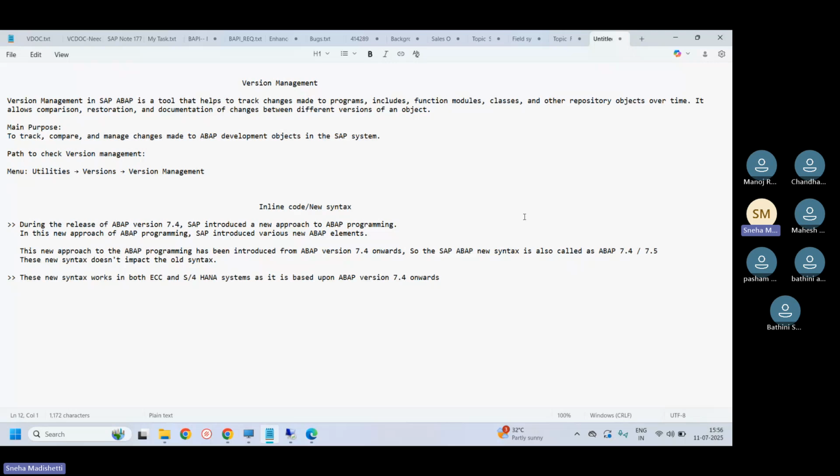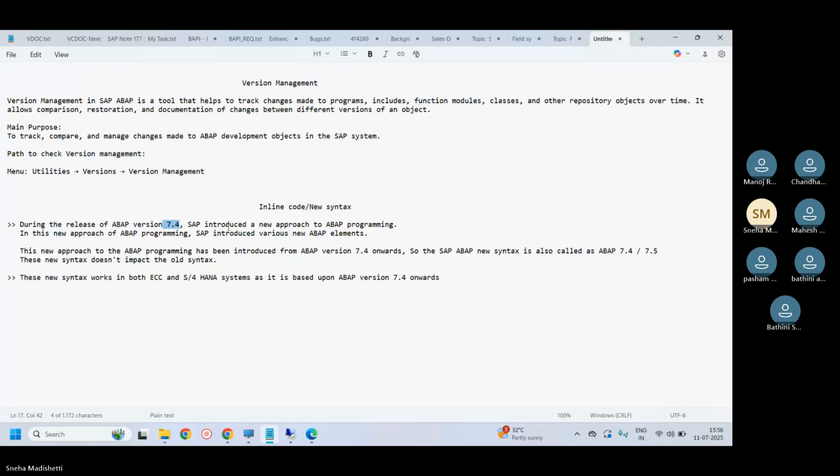That is possible with the help of the new syntax. This new syntax can be used from ABAP 7.4 version. Whenever we practice on our server, you need to check what the version of our ABAP is. If it is 7.4 or more than 7.4, then we can use new